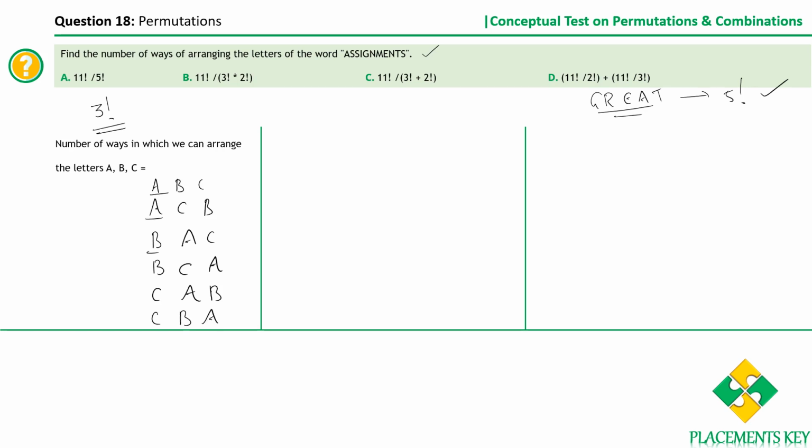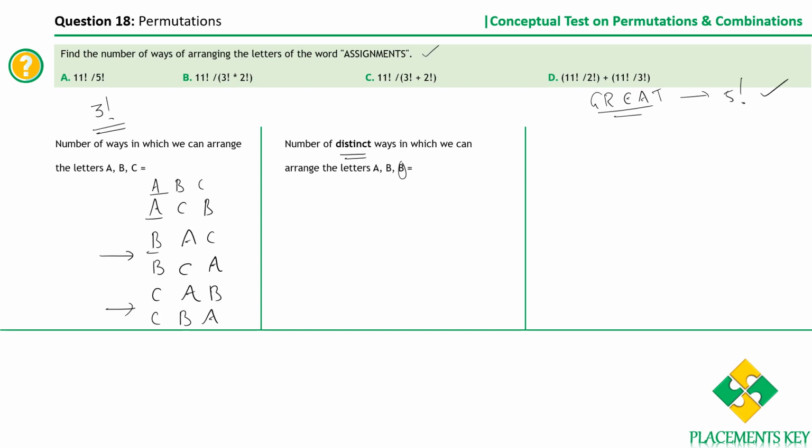So this is an organized way of writing. First I've written combinations where A comes first, then combinations where B comes first, then combinations where C comes first. This way we don't miss out on any combinations. Now let's see what happens if B repeats, instead of C. Let's see how many distinct ways we get.